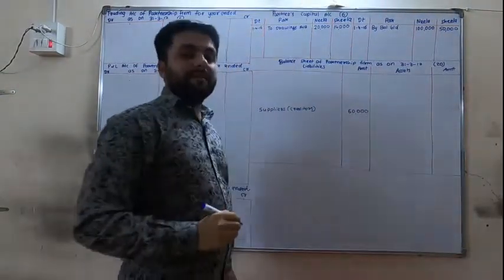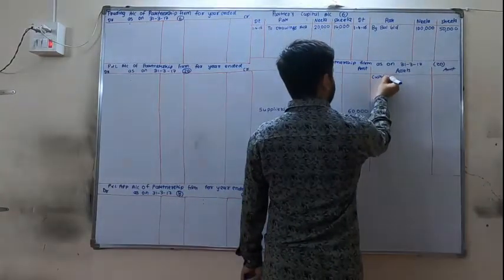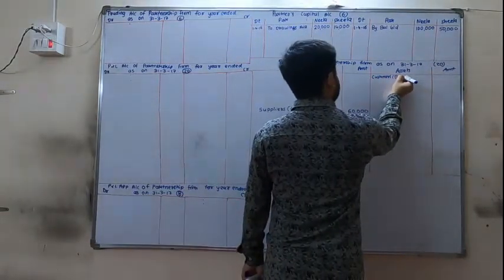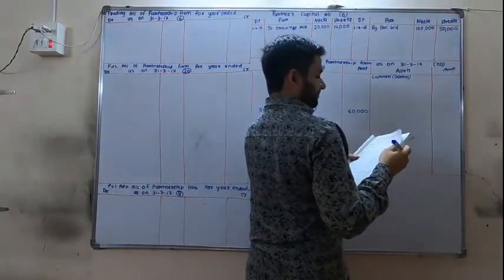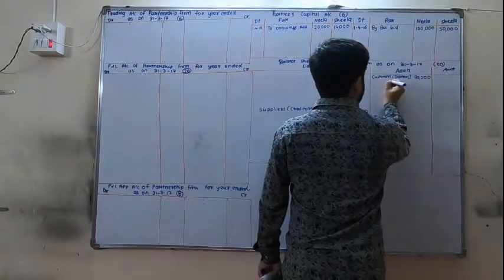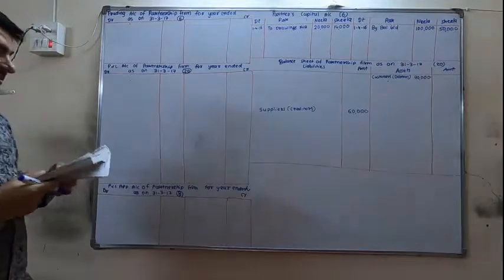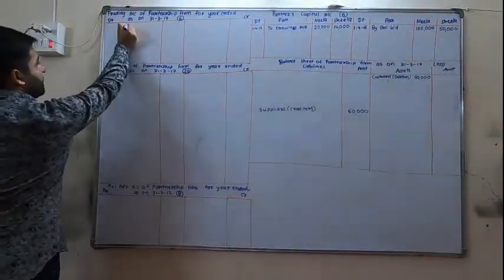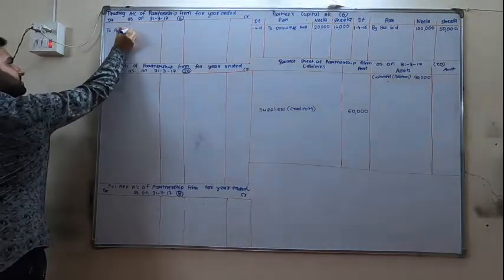After that we have customers, that are our debtors, that are our assets, but keep it in the inner column. Customers, in bracket write debtors, in the inner column 90,000. It is having debit balance. Moreover, it has one adjustment, so leave one line. Next, goods return. For goods return, we need purchase and we need sales. So after leaving one line, I am writing 2 purchases.